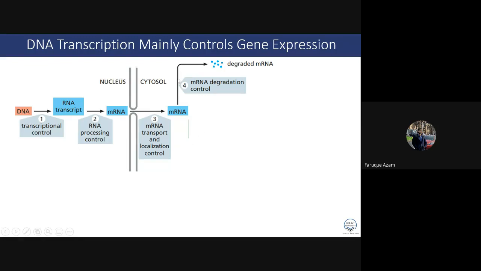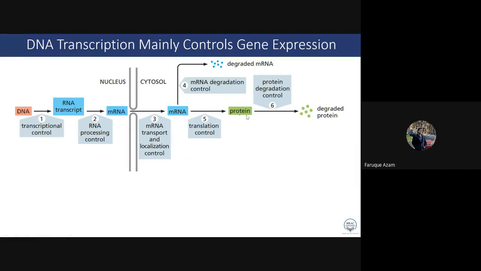So mRNA degradation control, and then suppose the mRNA is not inhibited, like this is translated into protein, then translation control. In here we can block the ribosomes. If the ribosomes are blocked, then this mRNA is not translated into proteins. Somehow if it is translated into proteins, then the function of the protein can be further